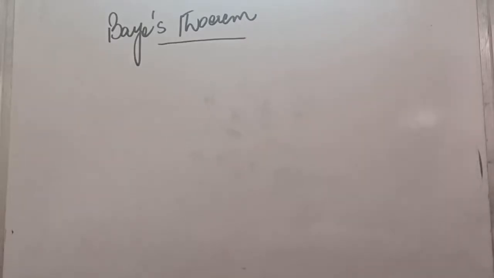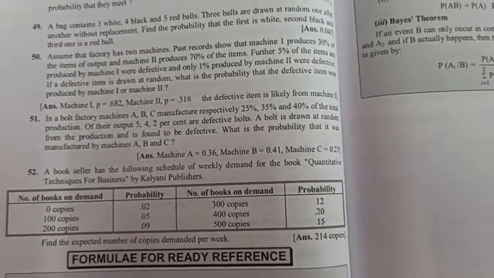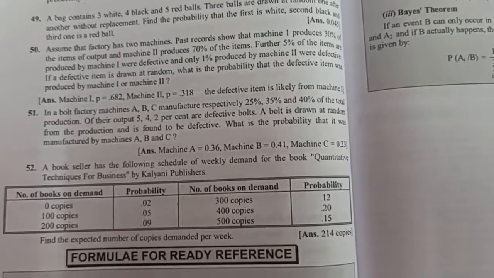We may have various events and we will make use of posterior and prior probabilities. So whenever in the questions you are given two probabilities, we apply the process of Bayes' theorem. In this we will create one table, and with the help of that table you will get the answer of posterior probability. So with the help of one practical example, we will see how the table of Bayes' theorem is created. Now you can see here the question number 51, it relates to Bayes' theorem.